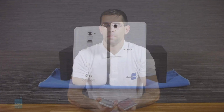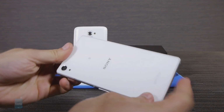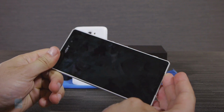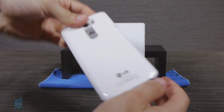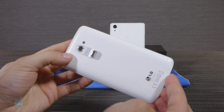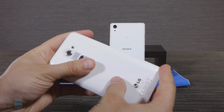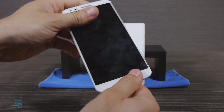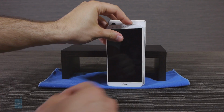Let's find out. The Sony Xperia Z2 features an elegant evergreen design with glass on both the back and front, while the LG G2 is made out of utilitarian glossy plastic that does not look that good, and it just doesn't feel well put together, with an occasional creaking sound from the back of the phone. In terms of size, the Xperia Z2 is noticeably taller and also slightly wider than the G2, and neither is